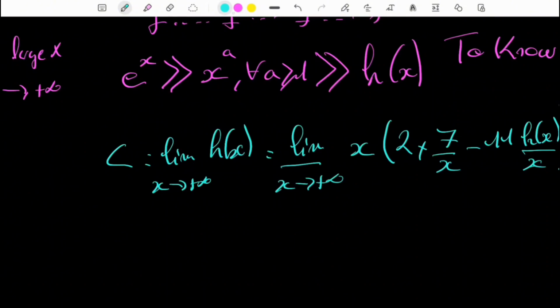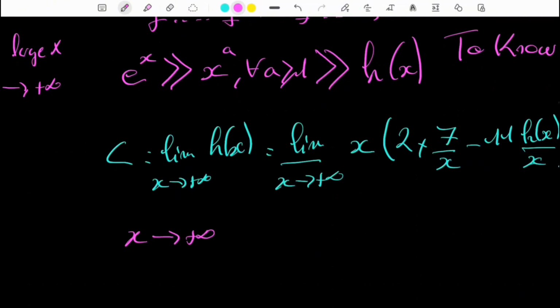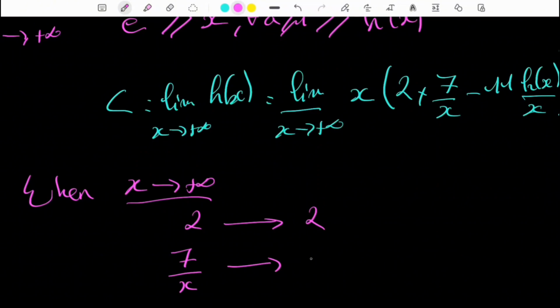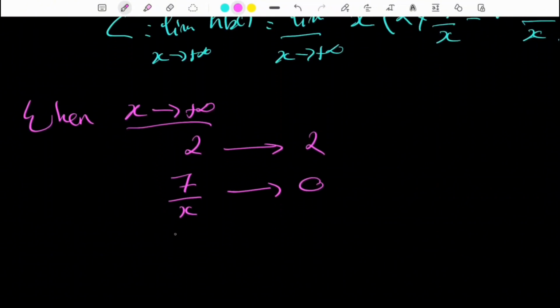Okay, so when x tends to plus infinity, we have 2 that tends to 2, 7 over x that will tend to 0, easy, and minus 11 ln of x over x will tend to 0